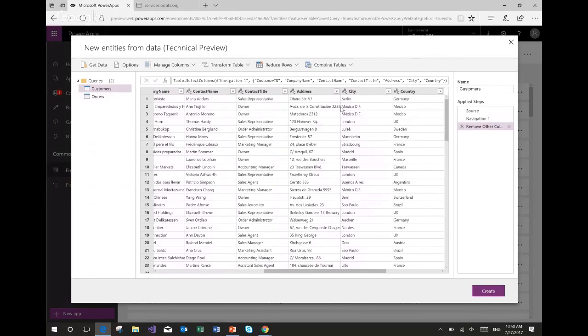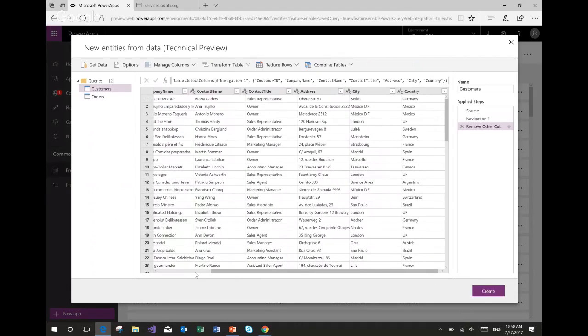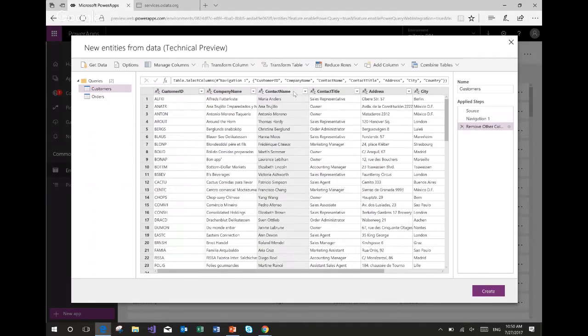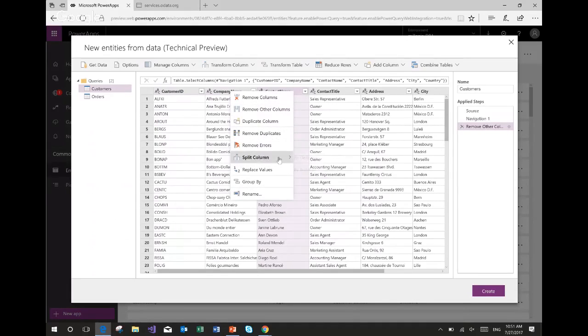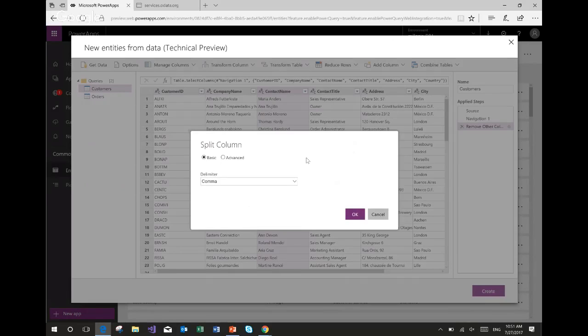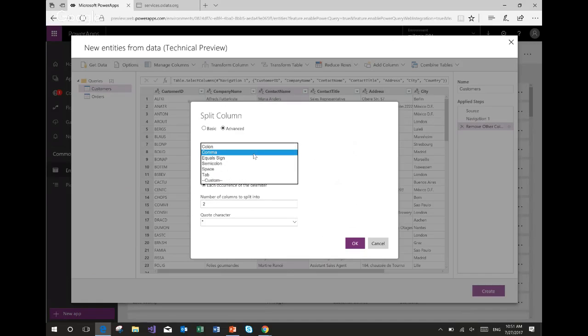Now let's say that we wanted to apply a couple of additional data transforms here. We have a column for the contact name. Say that I actually wanted to split this into first name and last name. So I can go and do a split column operation. As you see, we provide column level transforms as well, things like split, replacing values, removing duplicates. So I can do a split column by delimiter. And I'm going to use the advanced mode so I can pick which delimiter to use.